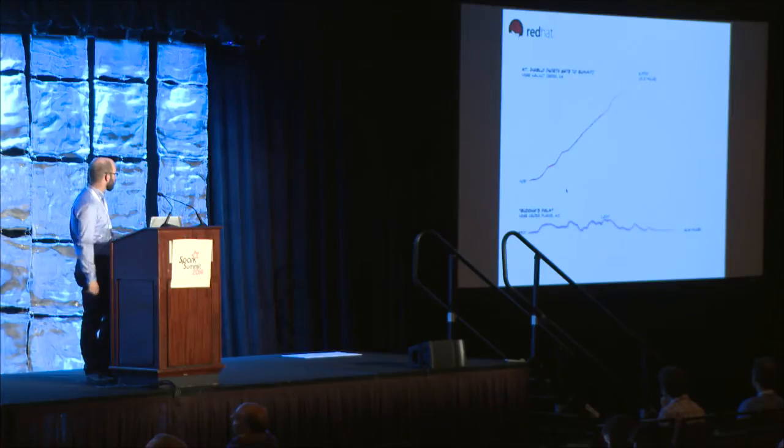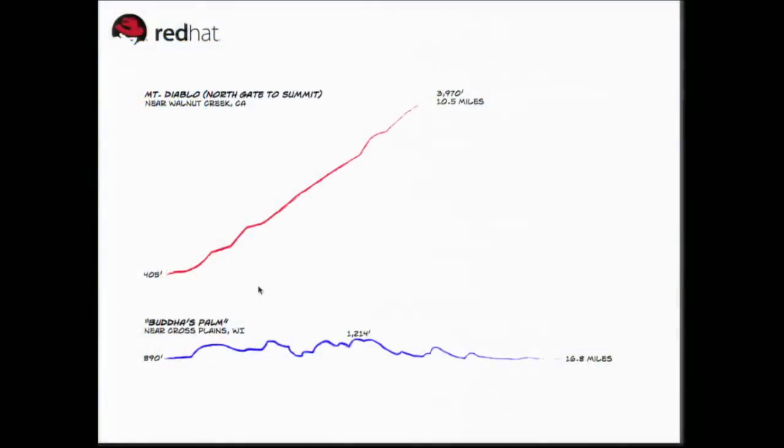To show you how this works, here are elevation profiles for 2 bike rides that would take an enthusiastic amateur cyclist about an hour, plus or minus 15 minutes. The axes are to the same scale. On top we have Mount Diablo, climbing from the North Gate to the summit, just in the East Bay. And on the bottom we have a hilly time trial course about 10 miles west of Madison, Wisconsin, where I'm based. We have great road cycling in Wisconsin, but it's hard to pace these steady efforts when you're constantly going up and down these really short, really steep hills. It would be a lot better if you had these steady